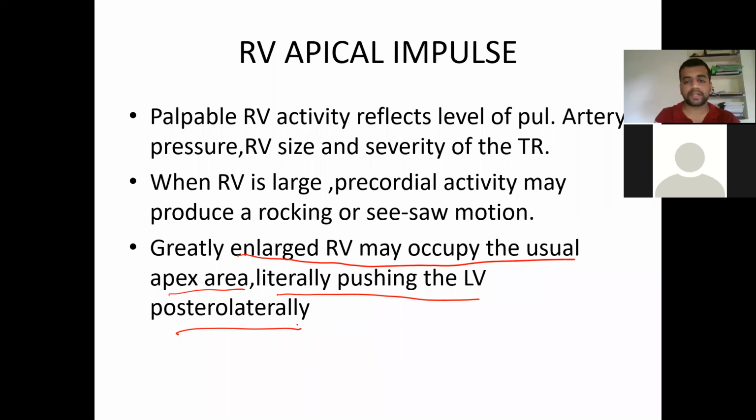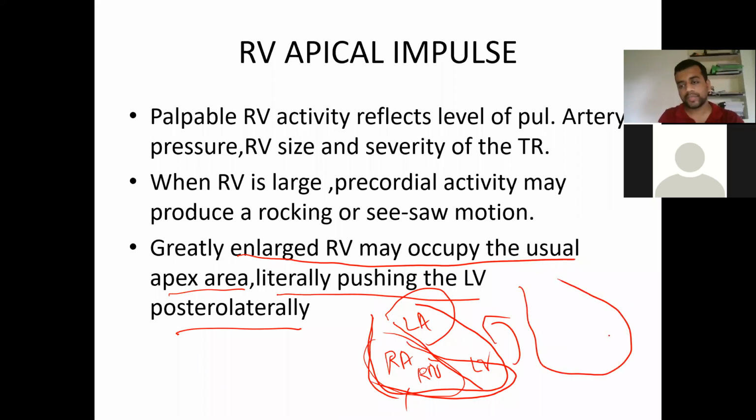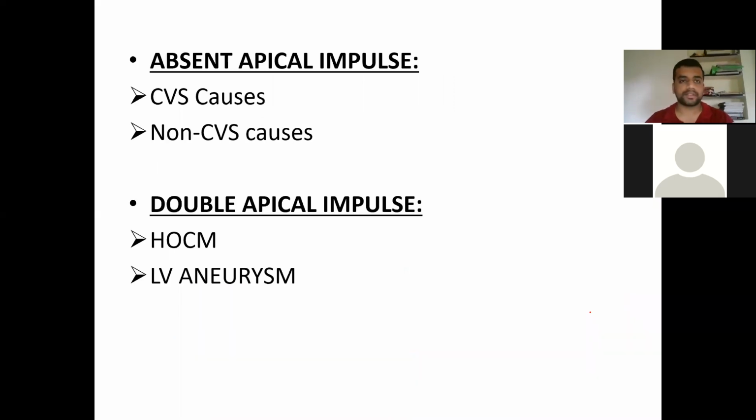So at that time, for example, if you are drawing the normal chambers like this, it will be like this. So this will be your LV, and this will be your RV. Actually it is like the RA, which is here, this will be the formation of RA, and here RV will be slightly backside, and we have LV, LA in the backside here. So whenever this side pathology increases, you are going to push it like this. So this is going to occupy, and LV is going backside. So whatever changes are occurring now, this will be your RV, and this will be your RA, and LV will be again backside here, and LA is again backside here. So RV is forming the apex. That is called RV apex.